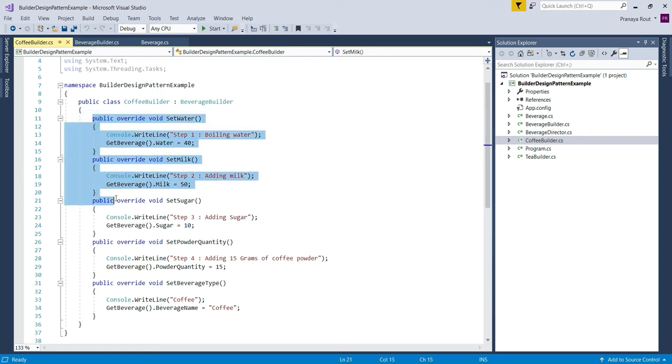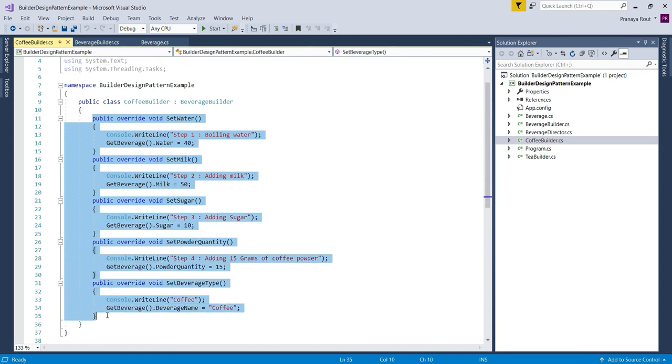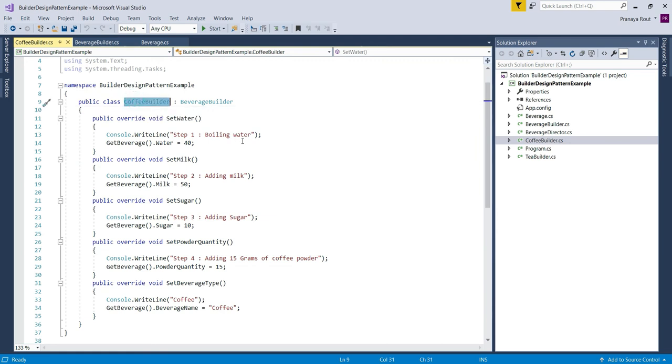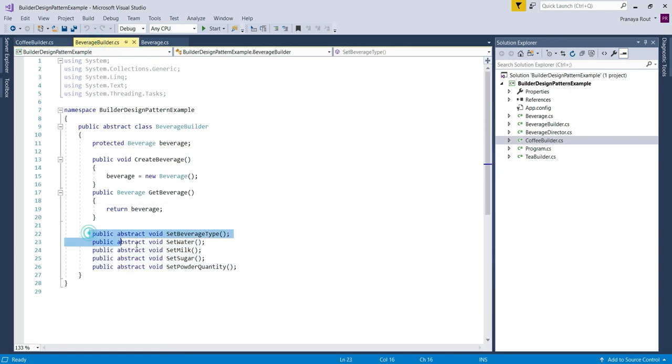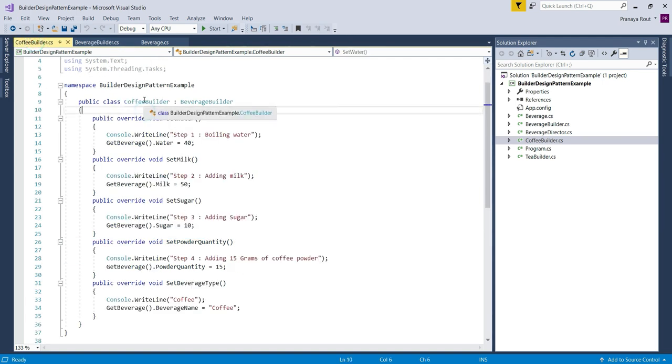Set water, set milk, set sugar, set powder quantity, and set beverage type abstract methods are implemented in this coffee builder class. This coffee builder class implements the beverage builder abstract class, which is the blueprint for creating beverage objects. If you look at the beverage builder abstract class, then it has 5 abstract methods, right? So these 5 abstract methods are implemented by this coffee builder class, right?